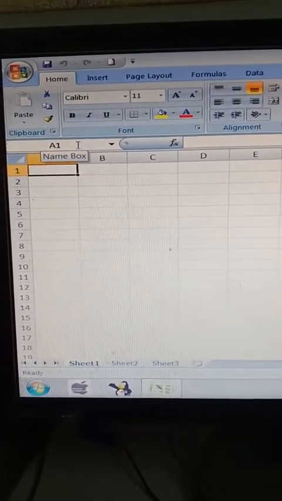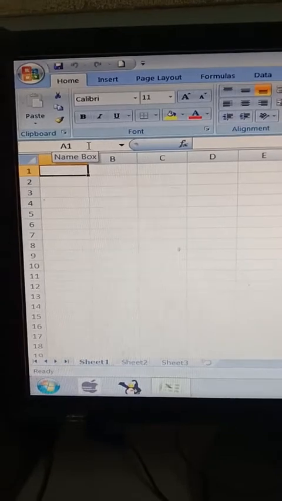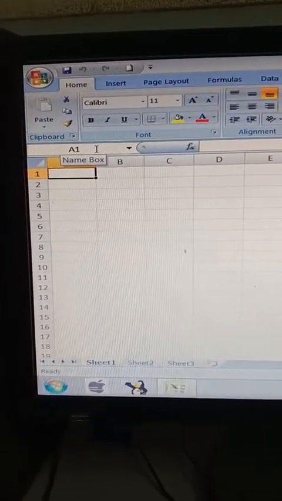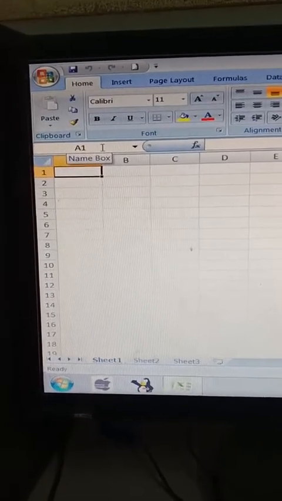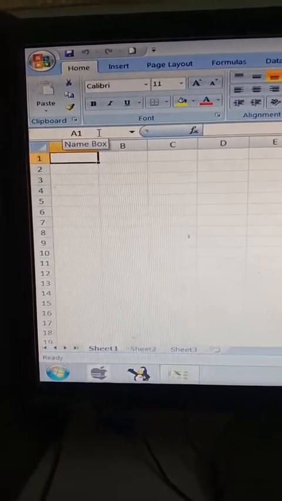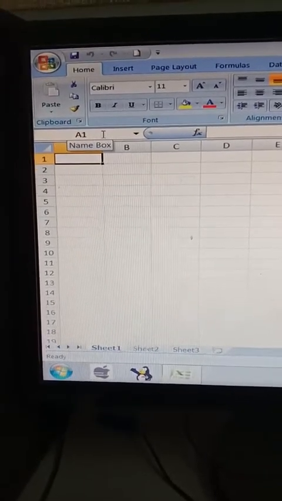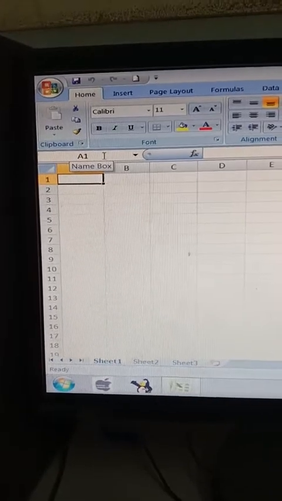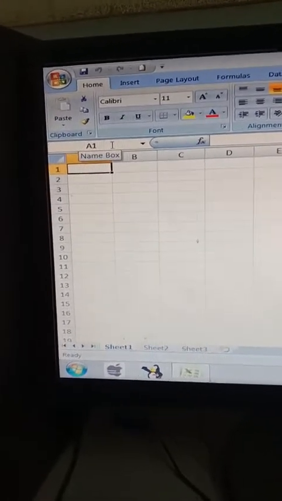So what are the features of a spreadsheet software? A spreadsheet software or a spreadsheet processor is an application software that is used to organize and analyze the data in the tabular form. So some of the features of spreadsheets are: number one, spreadsheet software is used for manipulation of data and creation of workbook files comprising of one or more worksheets.